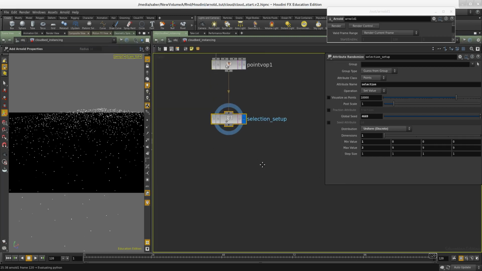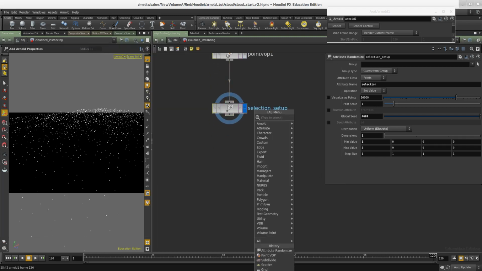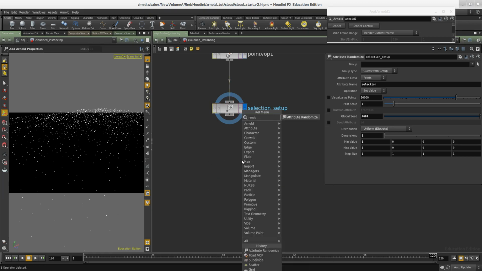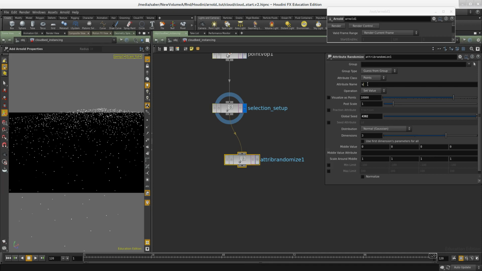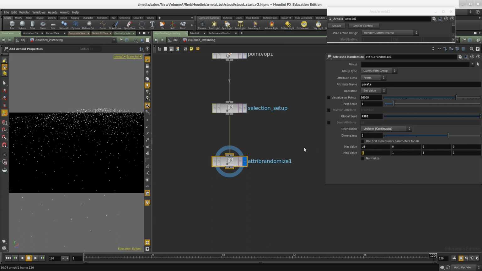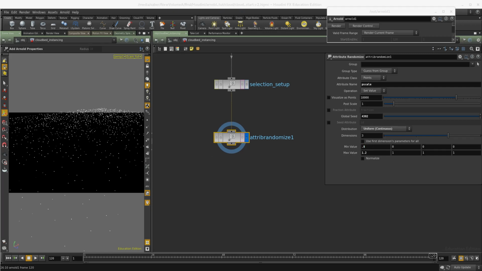Cool. The next thing I'd like to create is a random p-scale randomization. So I'm gonna create another randomize node and call it p-scale, call the attribute p-scale, and I'm gonna set the variation to continuous and vary the size between 0.8 and 1.2,